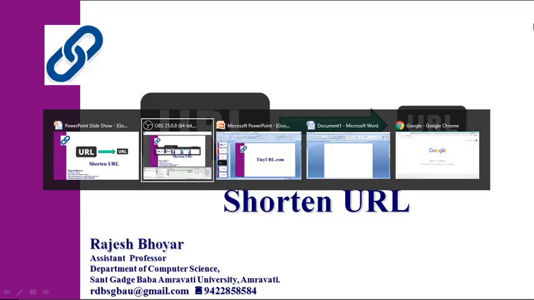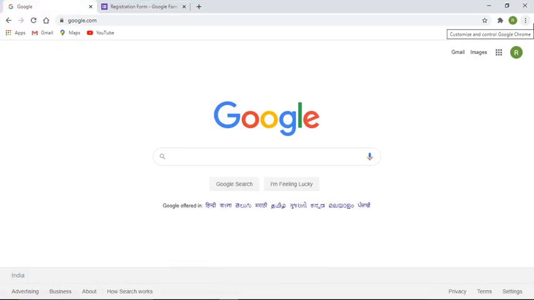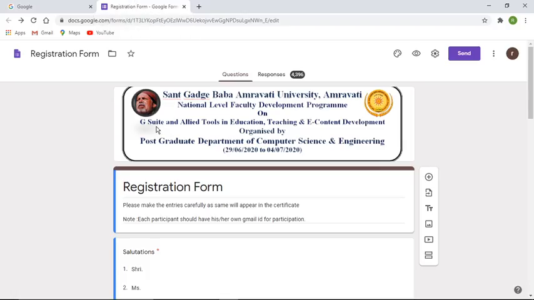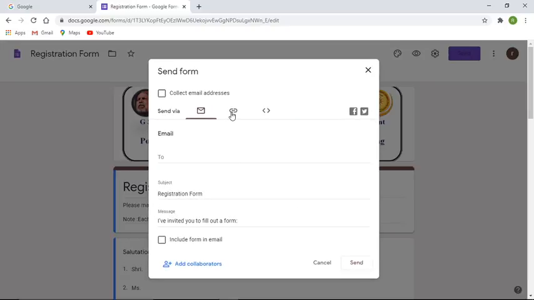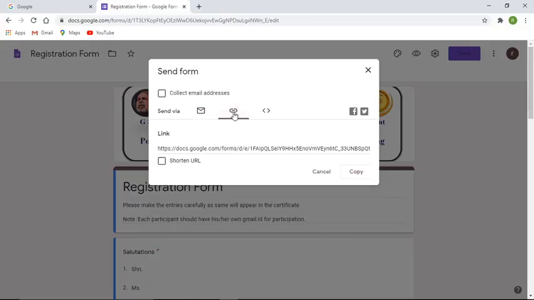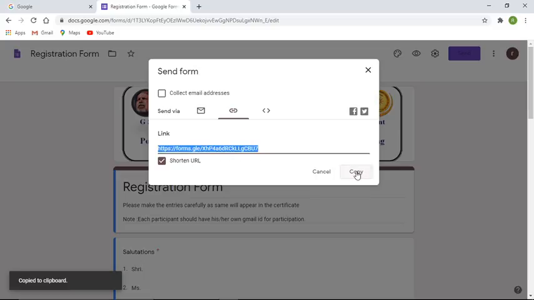So I'll switch myself onto Google. Okay, in Google you must have seen a form. Whenever you have designed any form and you have to send it to anybody, you can click on send. I have to choose the option of link. I'll click on that link. So this is the link I have. So this is the URL, and of course there is an option, shorten URL. So I can choose this, or I can copy this URL so that I can send it to anybody.